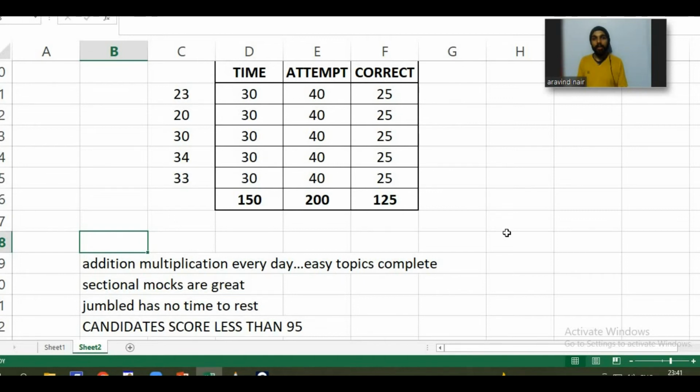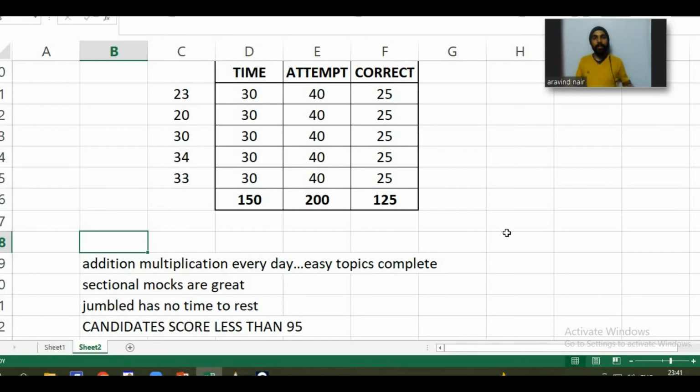So that's why sectional mock helps, because it's not going to take too much time, and also you can analyze it faster. You can understand the section. Of course, it might not train you for 2.5 hours, but at least you learn a lot from it. You have a disadvantage, but you gain a lot of advantage. So if you can keep it in mind, it helps.